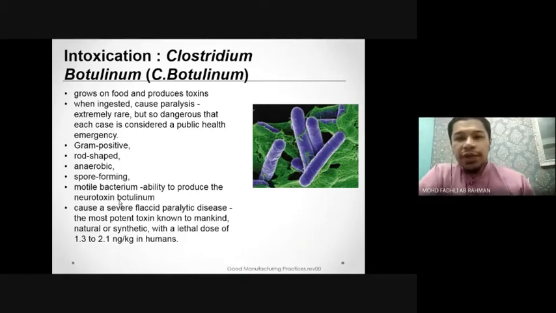It causes a severe flaccid paralytic disease. Dia memang boleh menyebabkan lumpuh. It's the most potent toxin known to mankind, natural or synthetic, with a lethal dose of 1.3 to 2.1 nanogram per kilogram in humans. So in cosmetics, sometimes they use this toxin as